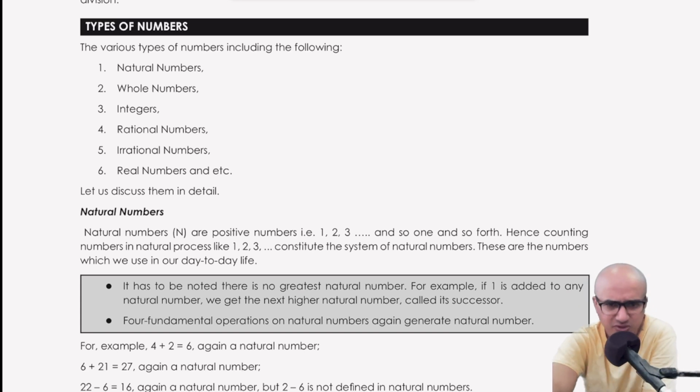And it's something which we use in everyday life also, no? For example, they are used for counting items, telling time, expressing quantities, and various other real life situations which you can think of. But one thing which you have to remember here is that one of the properties of natural numbers is that there is no greatest natural number. Any number which you can think of, if you add 1 to it, will be the next higher natural number, no? So, therefore, the greatest number you can think of would be n plus 1. Whatever that n is, plus 1 will again continue the natural numbers.